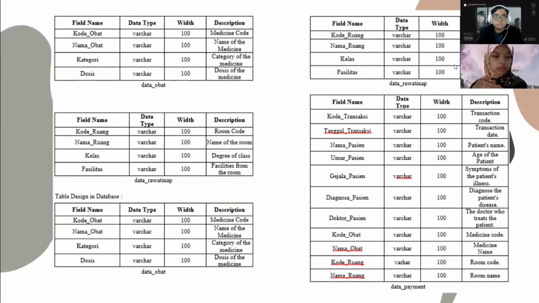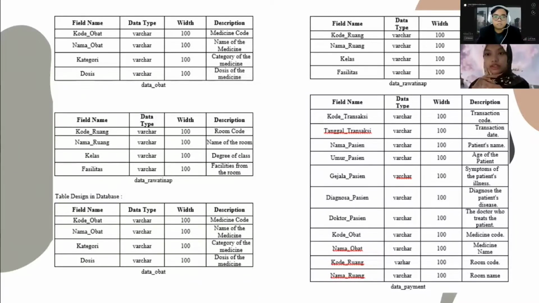And for the data obat, we have kode obat, nama obat, kategori, and dosis, with all data type varchar, and the width of all the columns is 100.